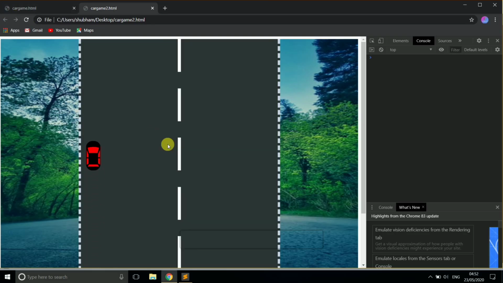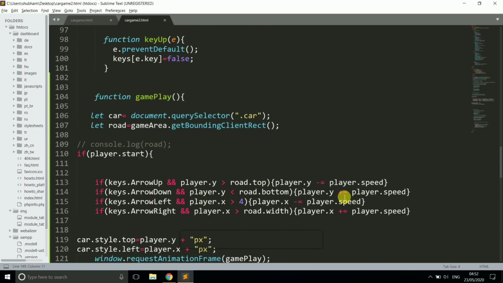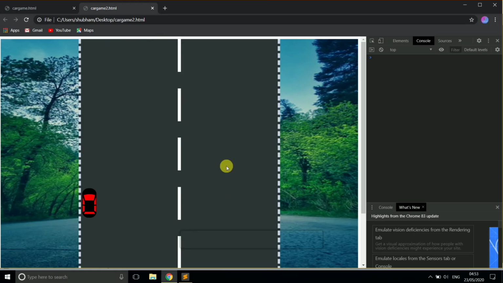Here we click, and yes, you can see our car is moving up and also left, but it is not going right. So just check the values we gave. Just change it, here we write is less than.